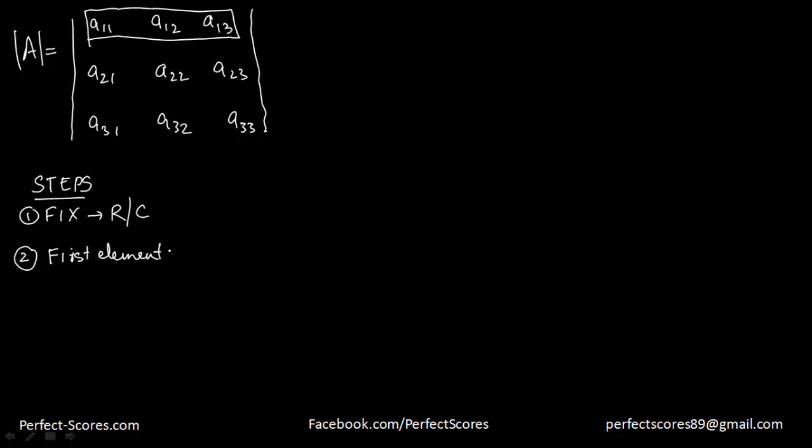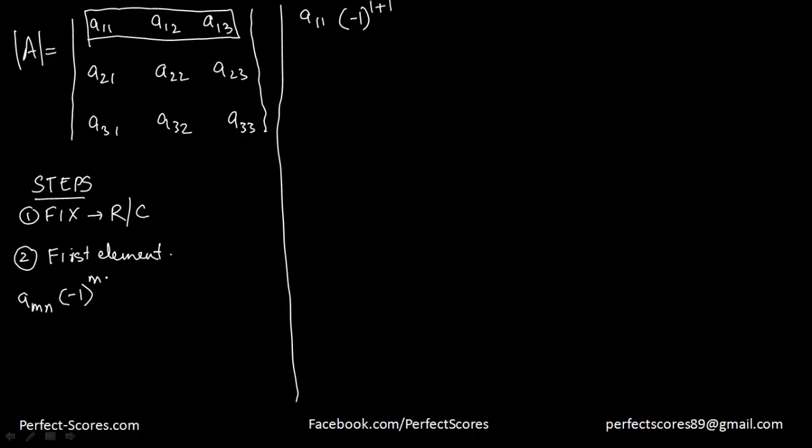So I'm going to start with this element right here, that is a of 1 1. You're going to write a of 1 1 into minus 1 raised to the power 1 plus 1. So you write that first element, a of mn, and then you multiply by negative 1 raised to the power m plus n. Then you multiply it with the determinant of